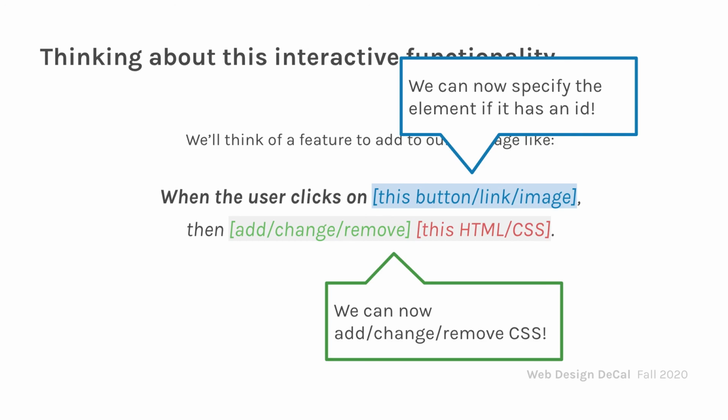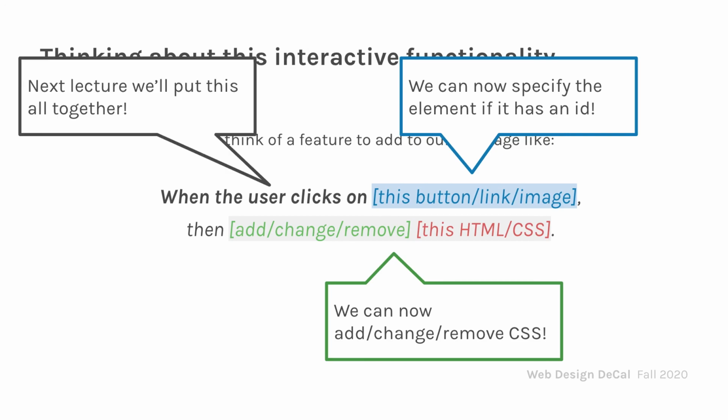Like now we can specify which element that we want to affect, or actually no, which element is the cause of the effect. So in this case, for a button, we can use get element by ID or query selector to select that element that will cause a change on our page. And then the changes, now we can add, change, remove CSS on our page. So that's just done through adding class lists, removing class lists, like the demo I just showed you. So this is a really great